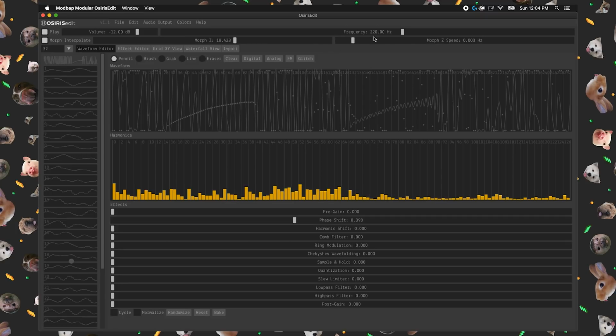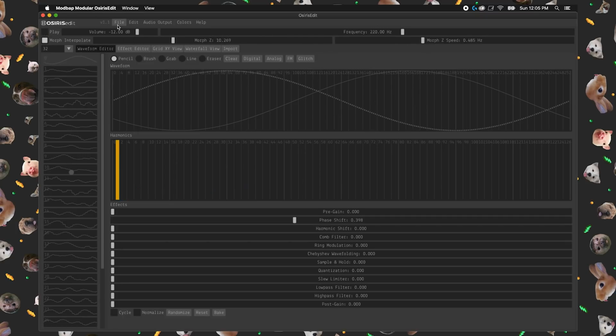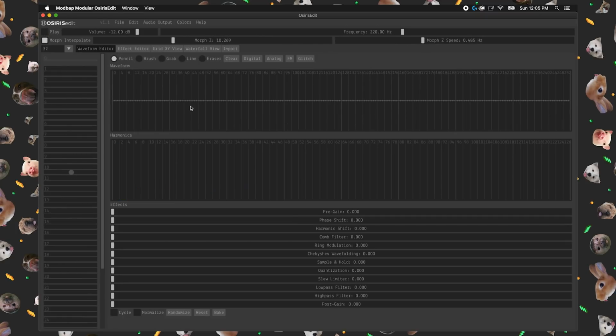you can manually morph through them, or you can have it automatically do it. So we can import wavetables from Serum stuff and things like that. I will show you that in the second half of this little chunk. But right now I want to show you how to make your own wavetable, because honestly, that is the best result that I've gotten. So I just hit new for a new wavetable, and I'm going to go to slot